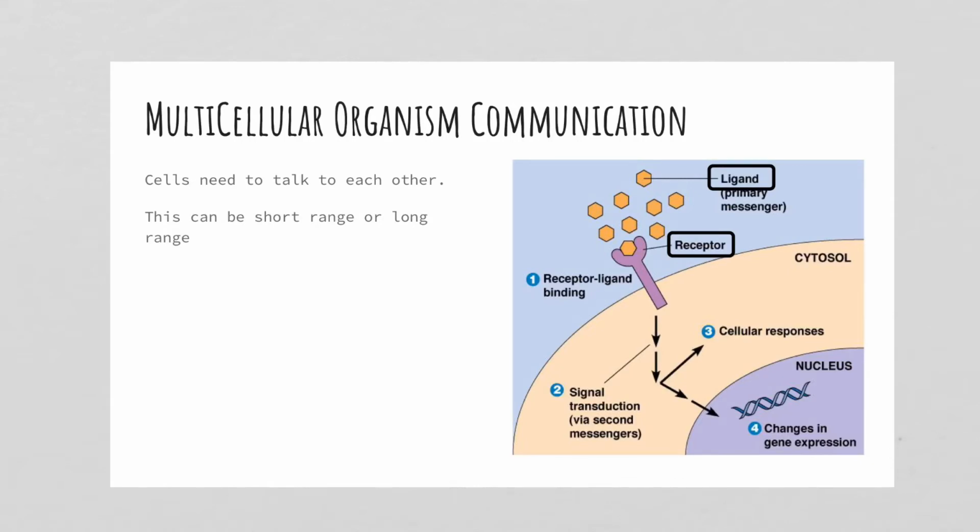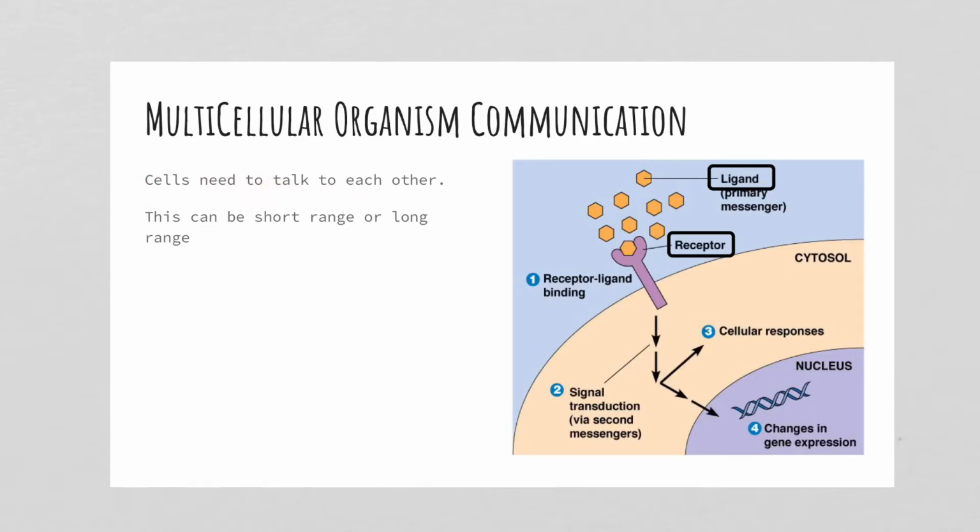Now, we saw with the unicellular organism that they were able to talk to each other using the biofilm. With multicellular organisms, one of the difficulties is you have to coordinate all the communication that's going on through all the cells within that organism. You don't want your brain doing something and your legs doing something different, or your heart doing something different, or your red blood cells. So you need to have a great communication system for all those cells in a multicellular organism to talk to each other.